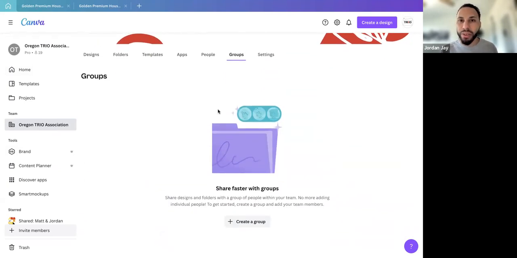Groups is where, within the team, there can be certain groups. If just the trio programs in just one district wanted to create a group for themselves because they all want to have similar content, then they can do that here and automatically share content within those groups.